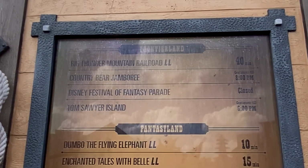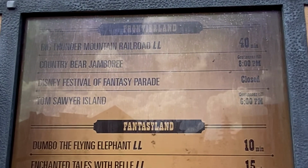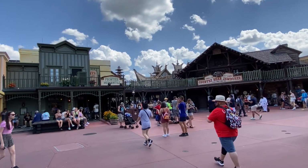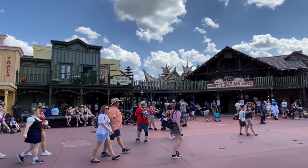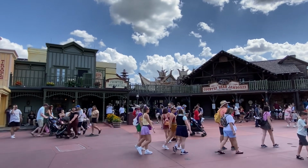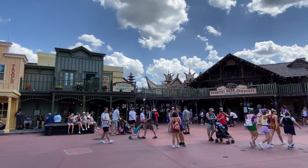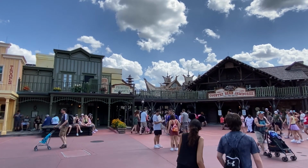Looks like the Frontier wait time's 40 minutes for Big Thunder. Country Bears, of course, continuous. In Frontierland, there are several gaps to get over to Adventureland. Well, actually, it's two. This one right here by Country Bear Jamboree will lead you straight to Aloha Isle and the Tiki Room and the Magic Carpets, but of course to Aloha Isle for that fantastic coconut Dole Whip